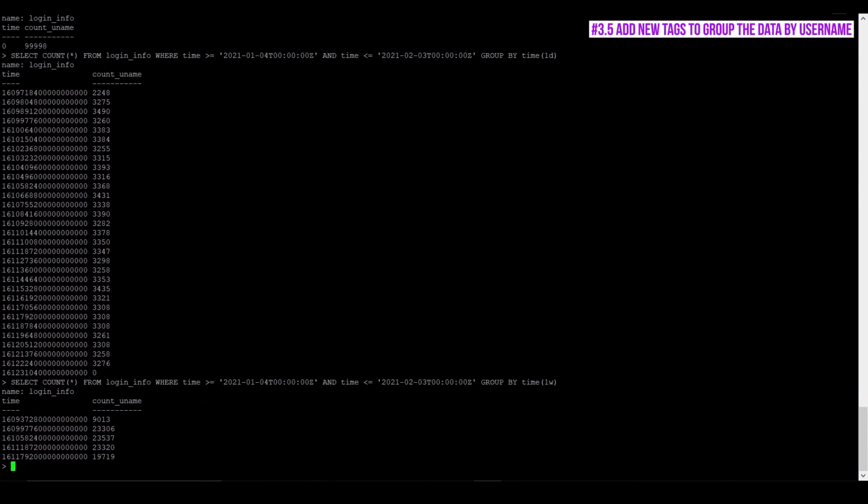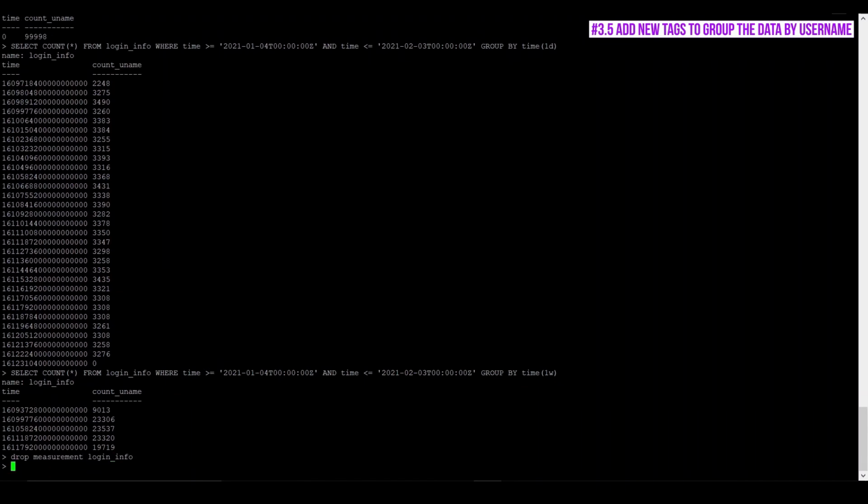Another thing that you can't do is change the labels or tags after the data is written into the database. The way it works is every time you write the data, it overwrites any existing data. But you cannot specify a timestamp or change the labels or tags. You don't have update capability, like we discussed earlier. So create and read are prioritized over update and delete. Now if you want to drop the table entirely, you can say drop measurement login info.